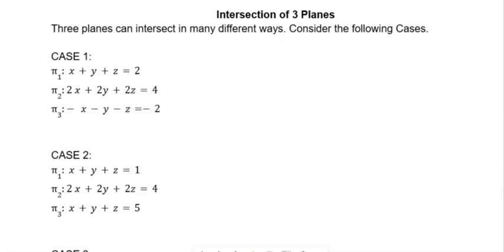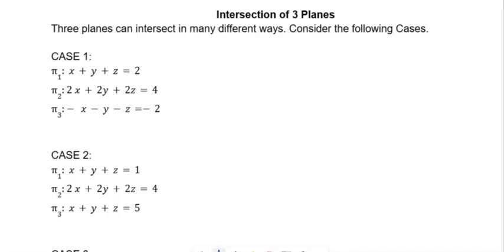Okay, finally, we are going to look at the intersection of three planes. We're going to go over 5 different cases. Even though there are more than 5, these 5 should be sufficient in helping you navigate all of the other iterations of the cases. So for the first one, well, all the time, we're going to first evaluate the normal